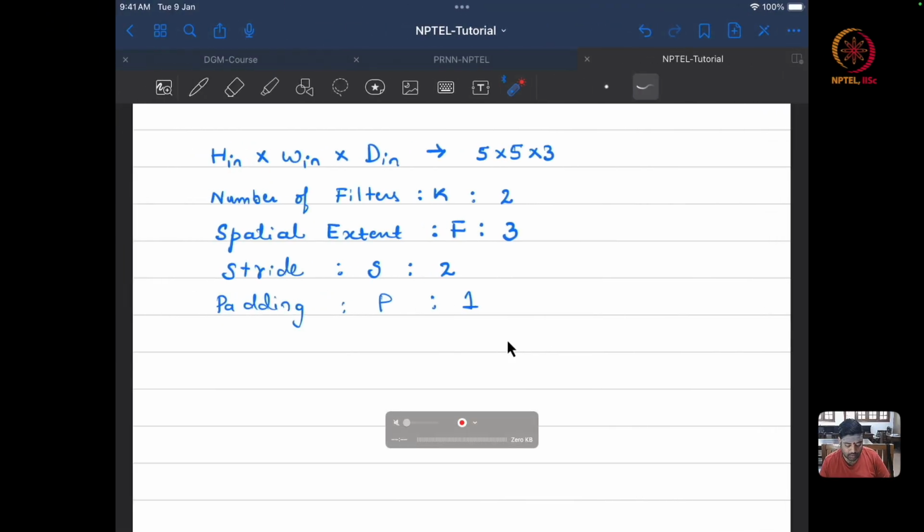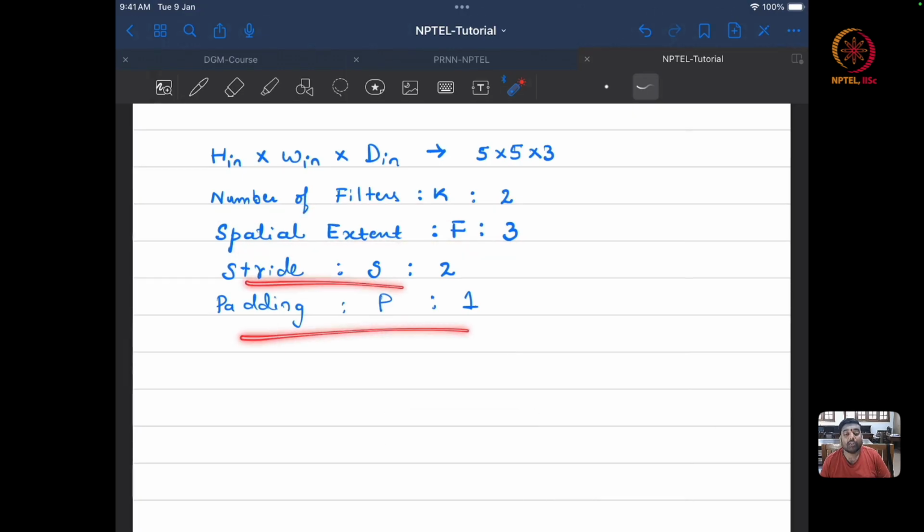What I'm saying is that the number of filters, the spatial extent or size of the filter, the stride, and the padding are hyperparameters. So you are not learning any of them. You are fixing them and then proceeding. Now, whenever you have these hyperparameters and the input size, we can actually